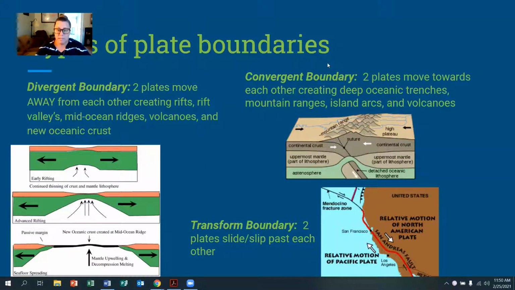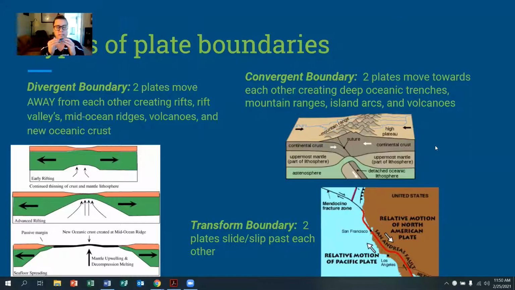Then we have a convergent boundary. Now, the thing about convergent boundaries, and we've talked about this, and you saw hopefully in the lab that was a part of your module 13, how these different boundaries work. At a convergent boundary, a couple of different things can happen. Here I have a picture of continental crust meeting continental crust.